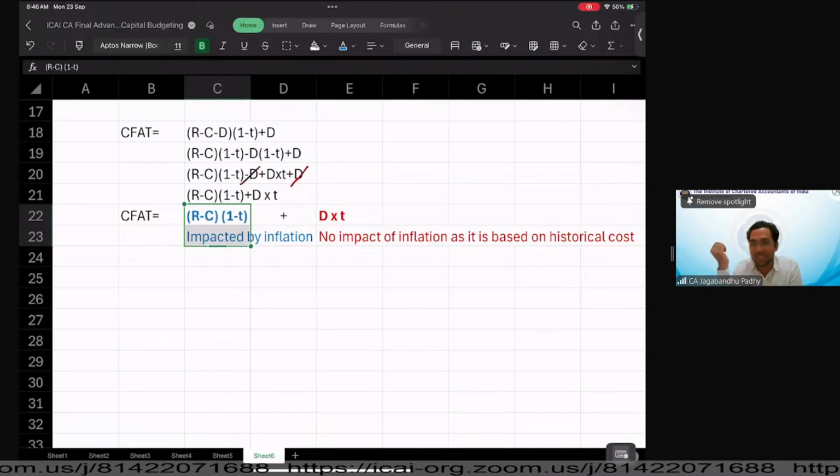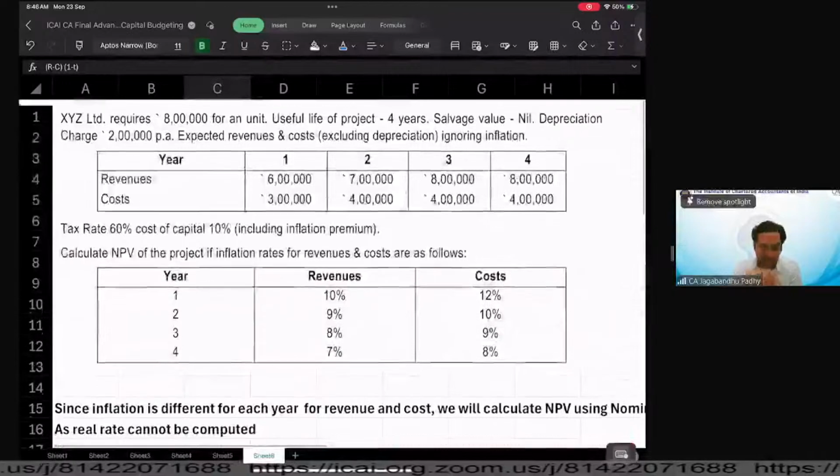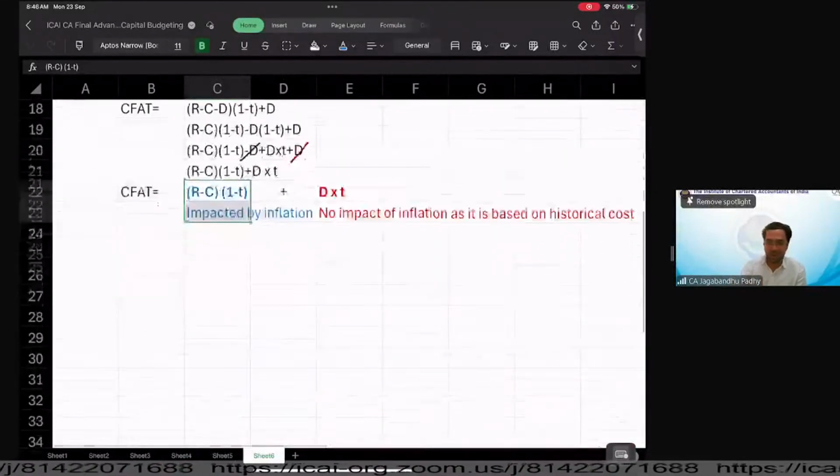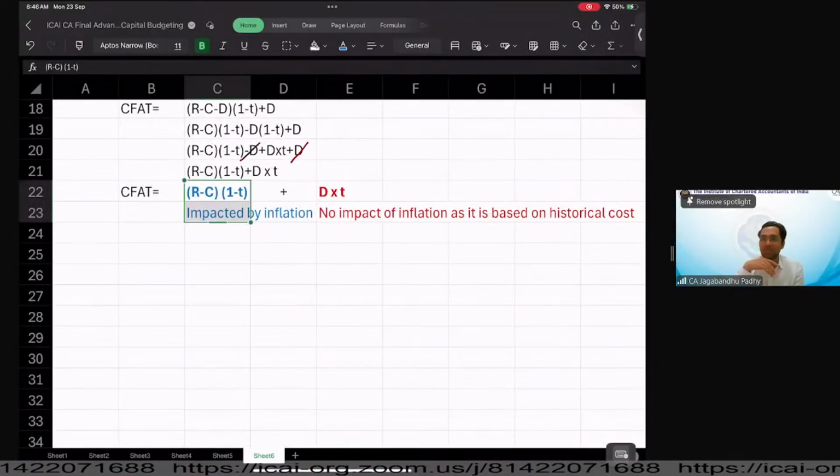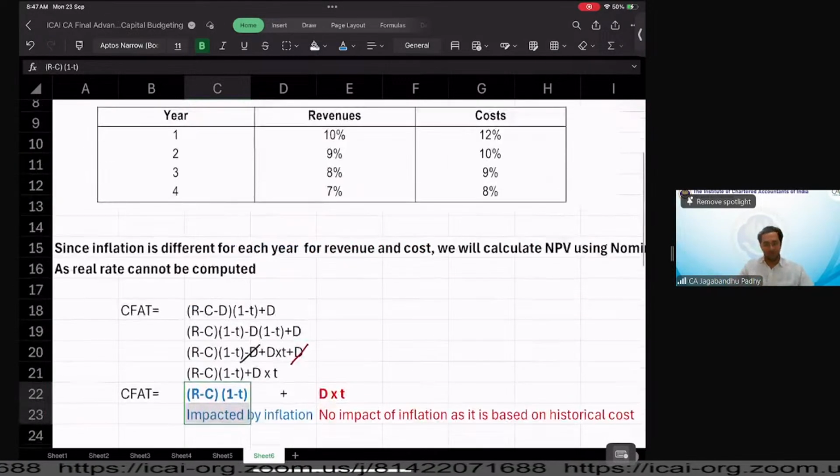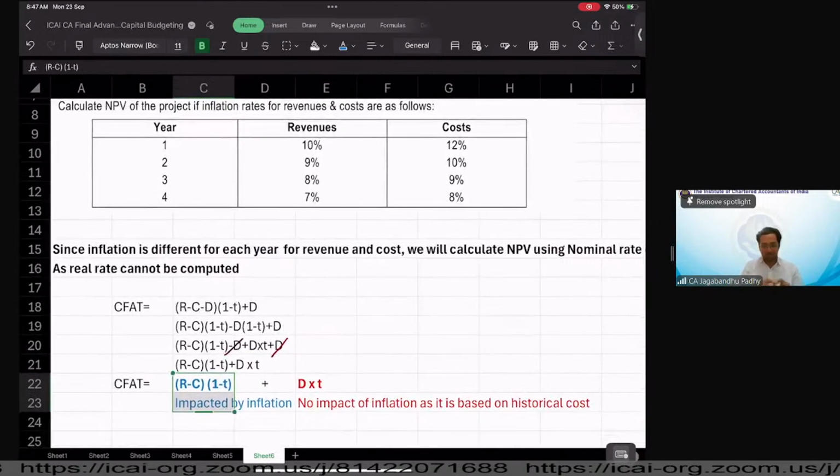So now, how do we go about solving this type of problem, which obviously we did wrong in the previous question, but now we are going to rectify that part in this question. Rectification of the previous question will be homework for you. We are going to learn how to adjust both factors, how to break our cash flows into two parts, give the impact of inflation to each one of them, and then calculate the NPV.